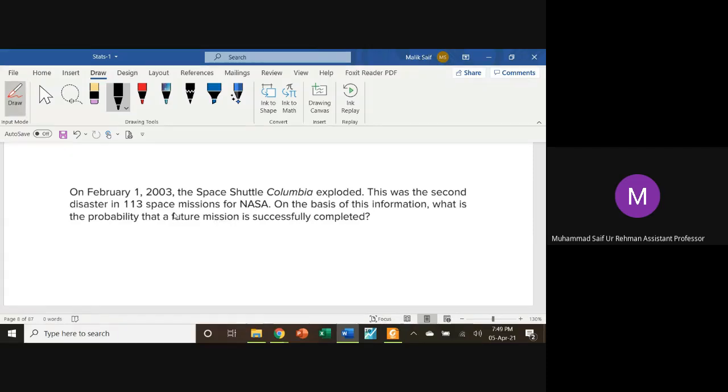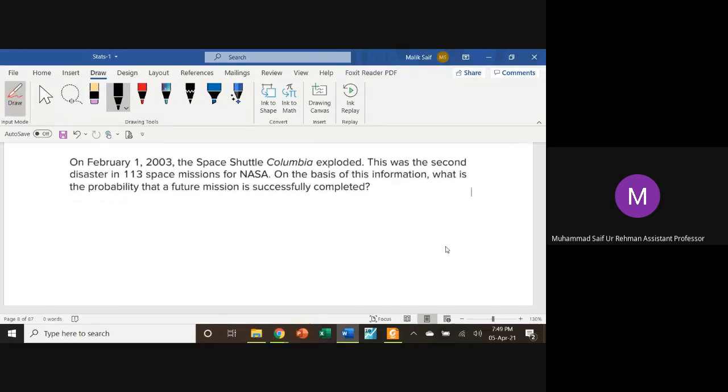Okay, so total space missions 113. Out of 113, two times the mission failed. Total 113 missions. So what will be the probability that during the next flight, during the next mission, the mission will be successfully completed? For that, you may depend upon this information. How? You will write down,